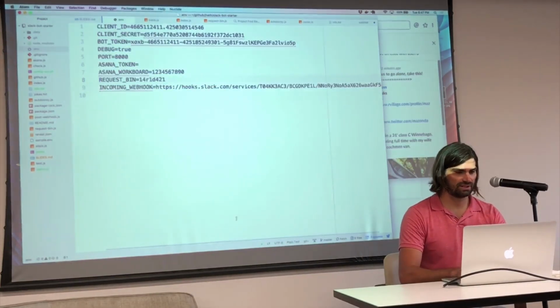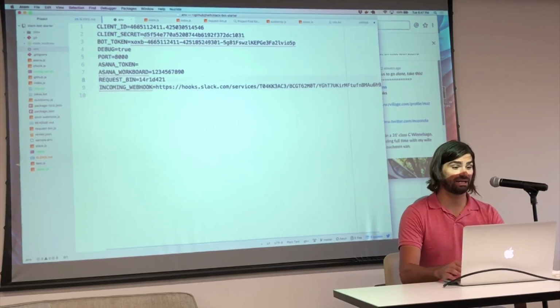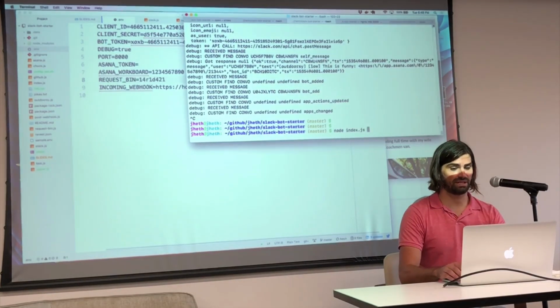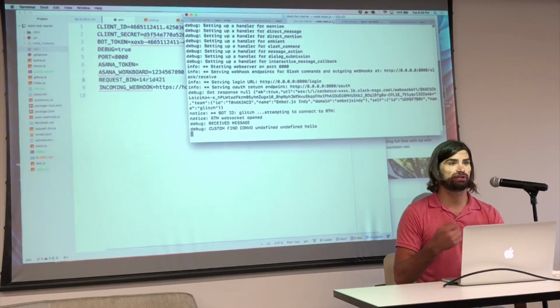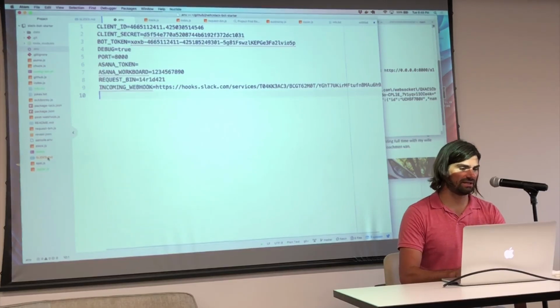Over here to my environment file, I'm going to swap out the incoming webhook file that was for my other bot. I'm going to kill my bot and restart it because I changed the environment variable. Okay, so what I'm now going to simulate is I have a